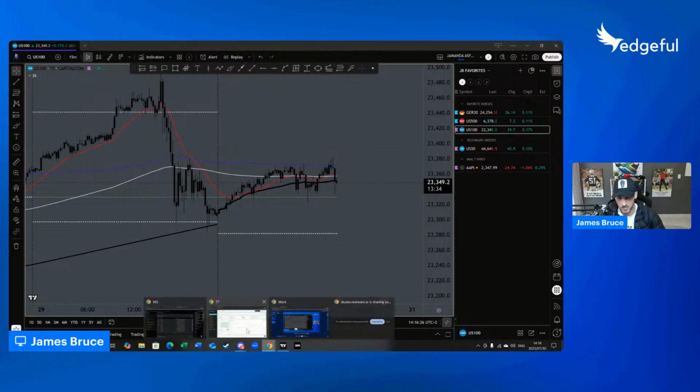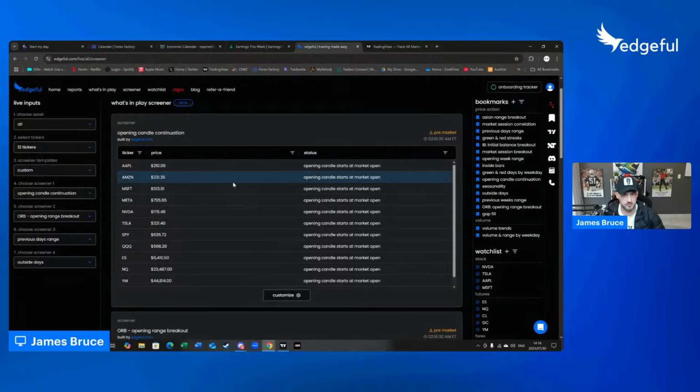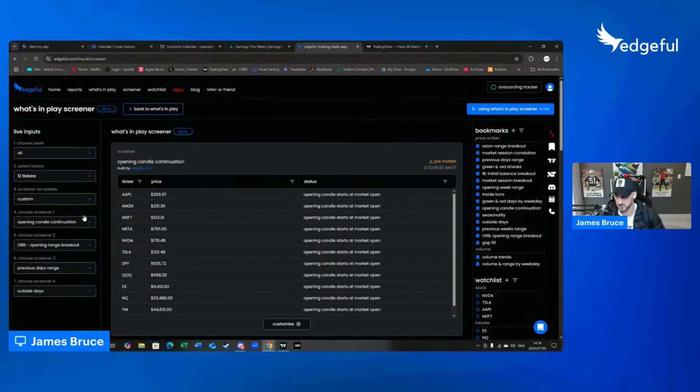So go check out the screener on Edgeful if you haven't. I think it's pretty neat. This is my settings here that you can have a look at. And then obviously the ORB crushed it. The guys that are trading the algos with Edgeful, the ORBs crushed it to the shorts yesterday. Obviously, very, very neat when we do have that one break of the opening range. I did take some points this morning,